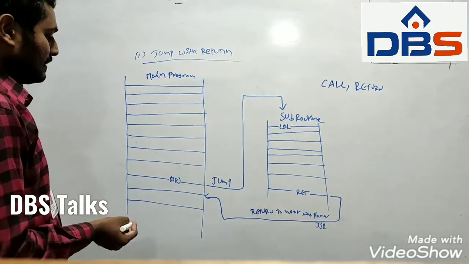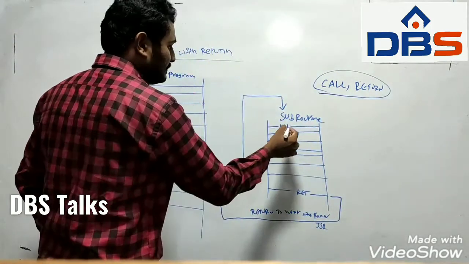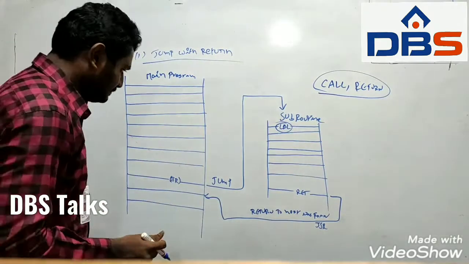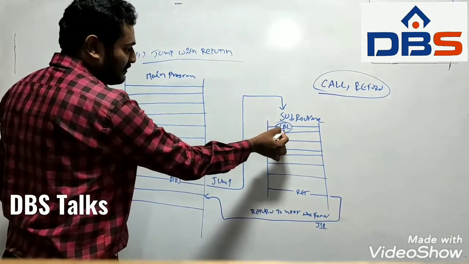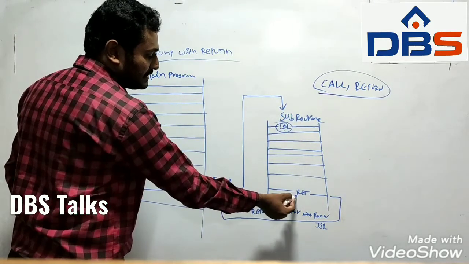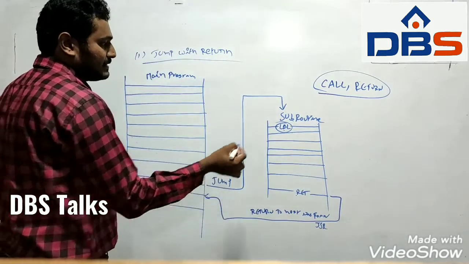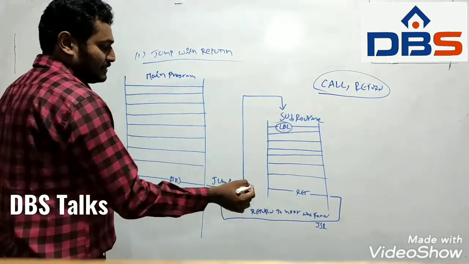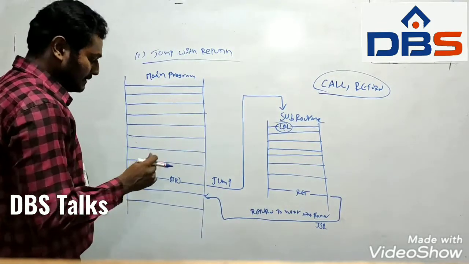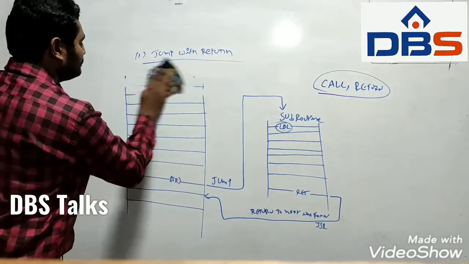Here the subroutine code is identified by the label condition. If the LBL is found, that means the label is found, that is the subroutine area. When the program encounters a return function, it will return to the main program. Once the subroutine is completed, it comes back immediately to the main program. Here I am taking one example to explain that.